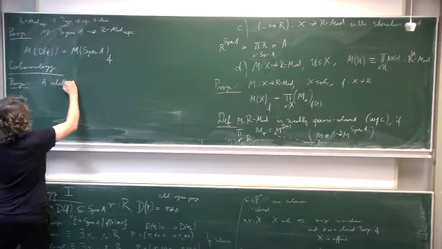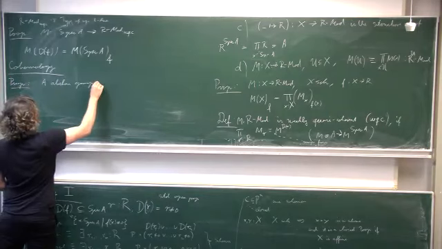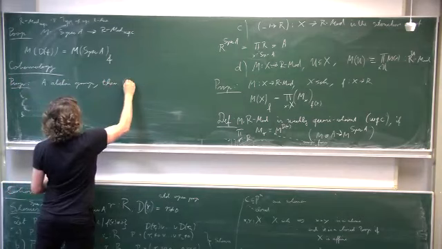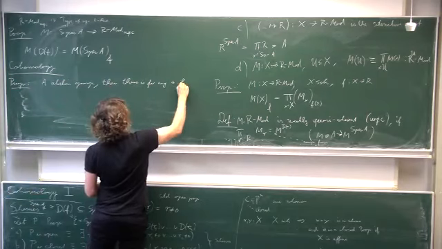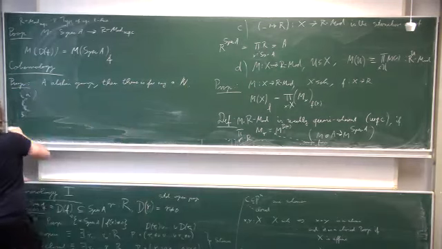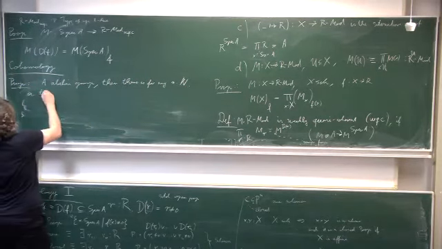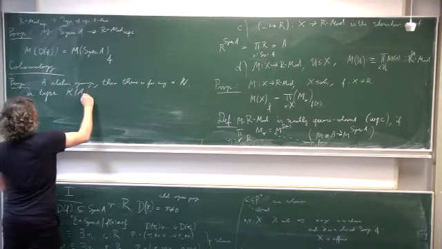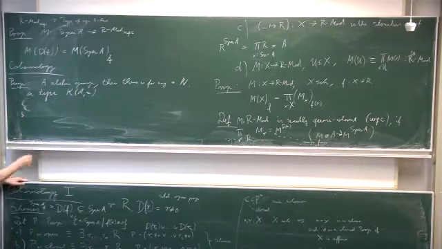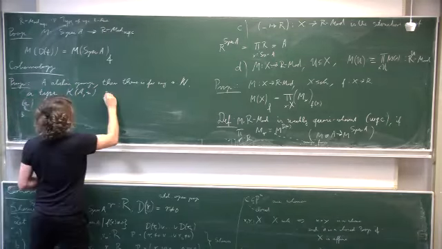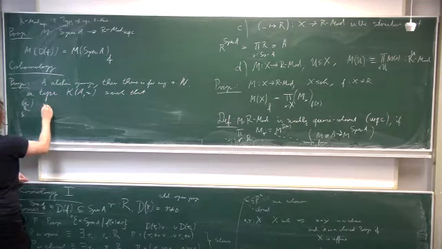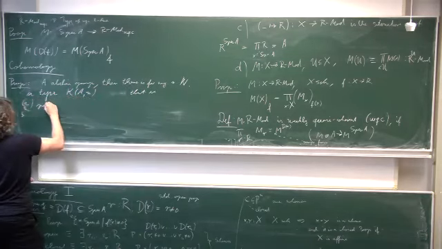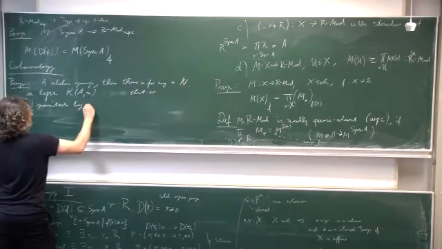If we have A an abelian group, then for any natural number n there is a type K(A,n), which is called the Eilenberg-MacLane space, such that, or this is actually part of the datum, it is pointed by star,